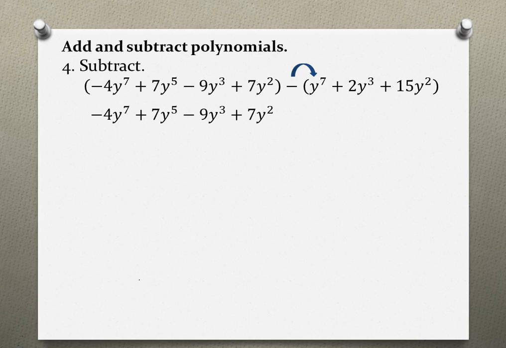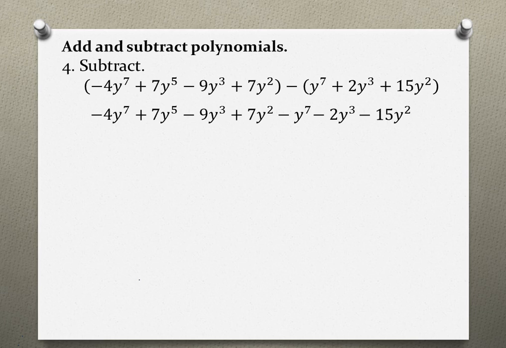So a negative times a positive y to the 7th power is going to be a negative y to the 7th. A negative times a positive 2y to the 3rd power is going to be a negative 2y to the 3rd power. And last, a negative times a positive 15y to the 2nd power is going to be negative 15y to the 2nd power. After we distributed the sign and now all our parentheses are gone,